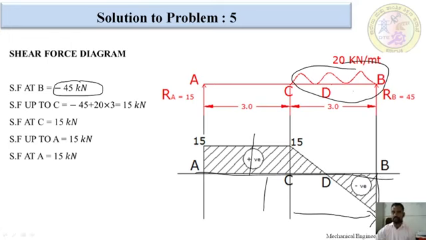We are not supposed to draw a horizontal line because we have a UDL on the beam. For that reason we first have to find the C value, which we got as 15 kilonewton. I mark it, and because of the UDL I join with an inclined line to this point. After that there is no load between these two points, so I draw a horizontal line. What we got at C point we will get at A also, 15. After that we draw a vertical line up to the baseline. This is positive shear force, this is negative shear force. This completes the shear force calculation and diagram.